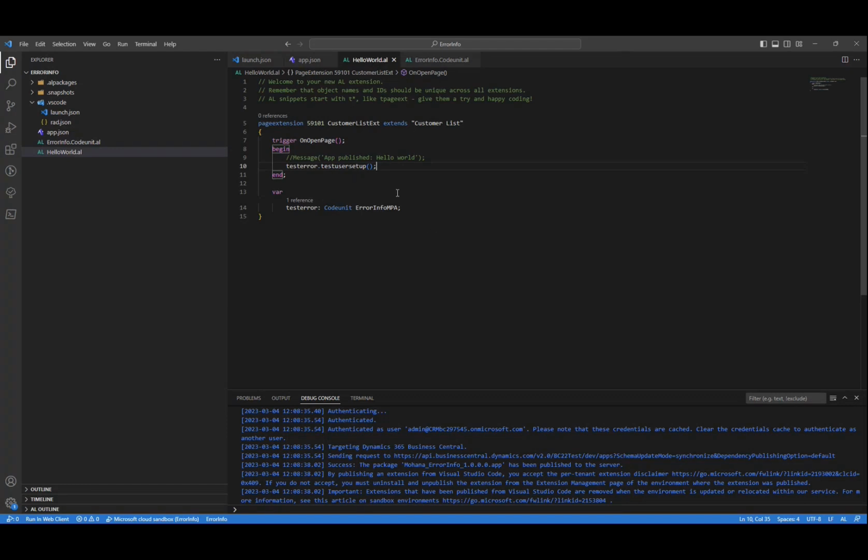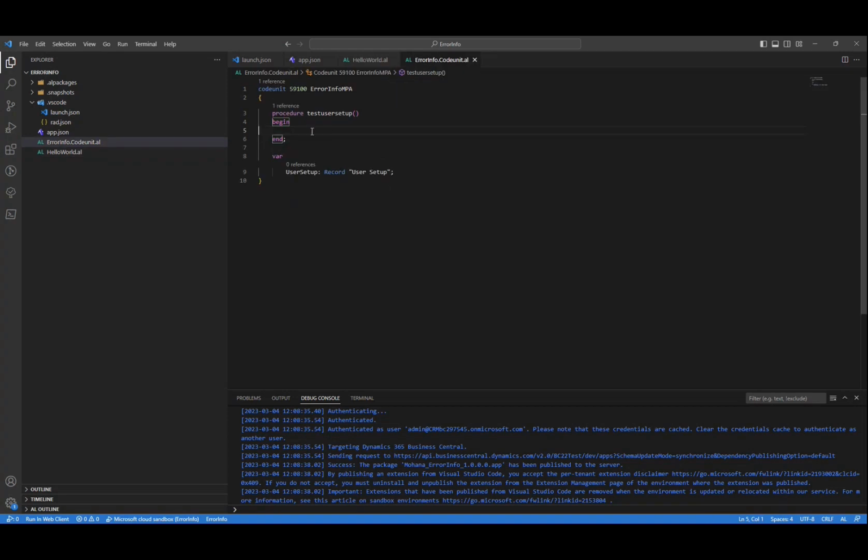So I have created one simple project to test user setup. The requirement is that I just want to check whether user setup is created for the current user. If not, we have to show an error. It can be done in multiple ways. The simple way is to just use user setup dot get of